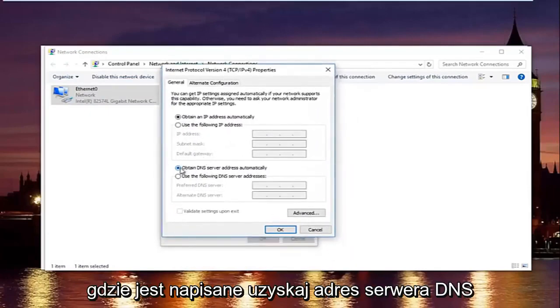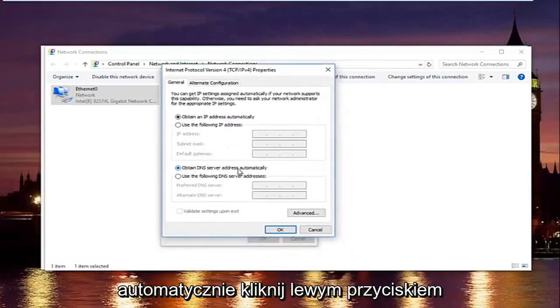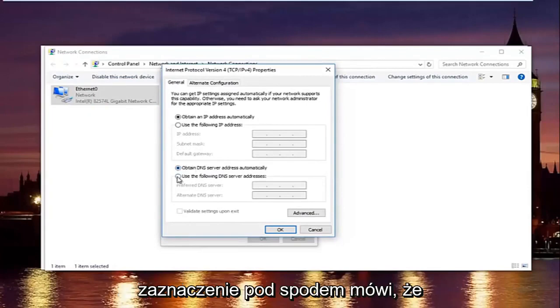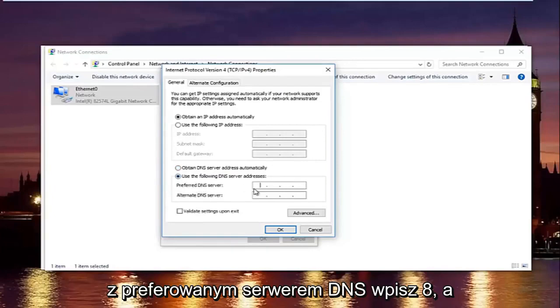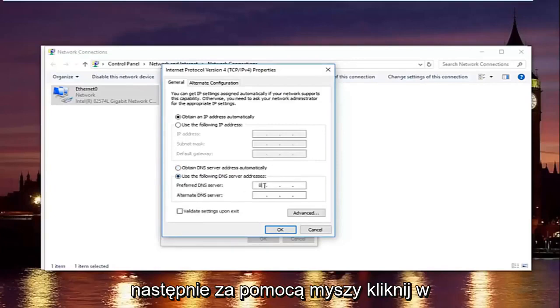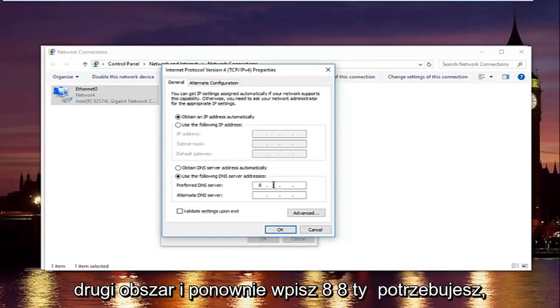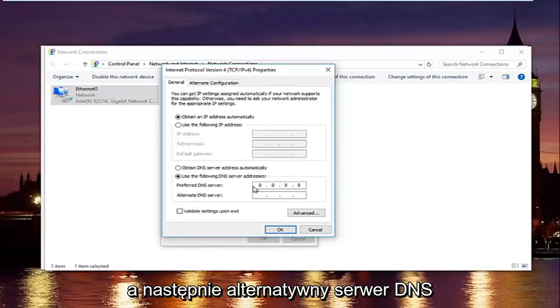Now at the bottom where it says Obtain DNS Server Address Automatically, left click on the selection underneath that says Use the following DNS server address. And now with the preferred DNS server, type 8, and then using your mouse, click into the second area and type 8 again, 8 and 8. And then the alternate DNS server, type